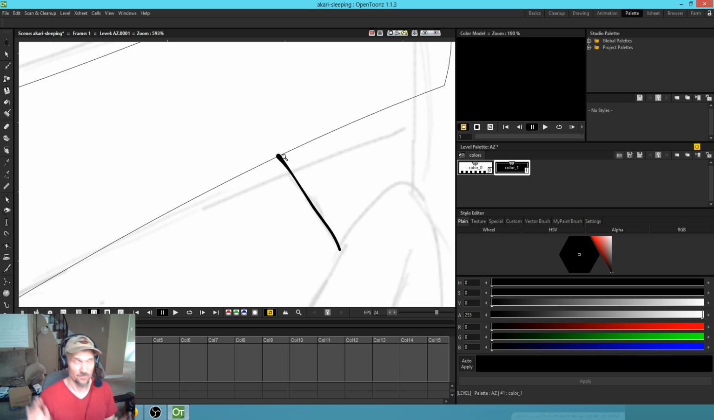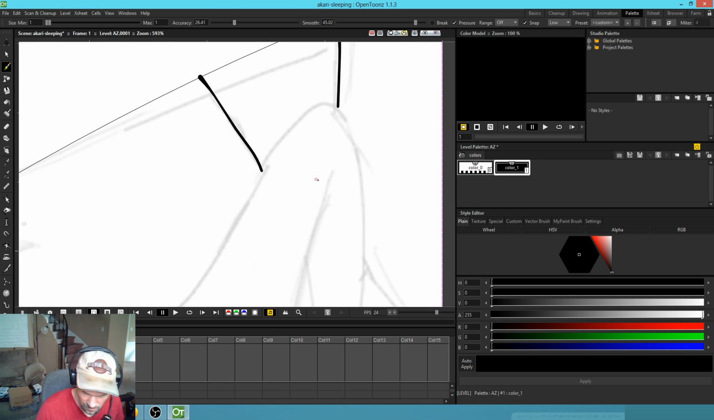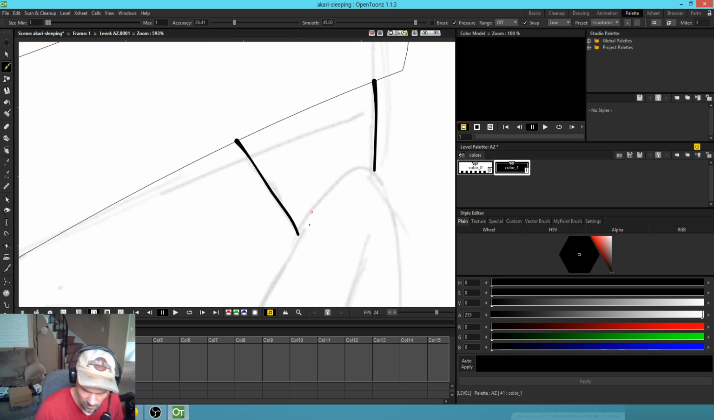On every machine, multiple machines I've used, multiple tablets, not just the XP Artist 15.6, but also a standard Wacom, a normal tablet. Doesn't matter. This is what happens with vectors in Toonz. It's very, very funky about putting strange little bits of